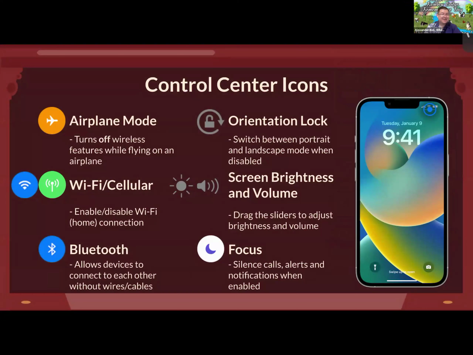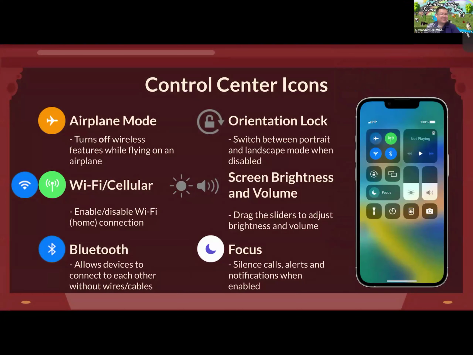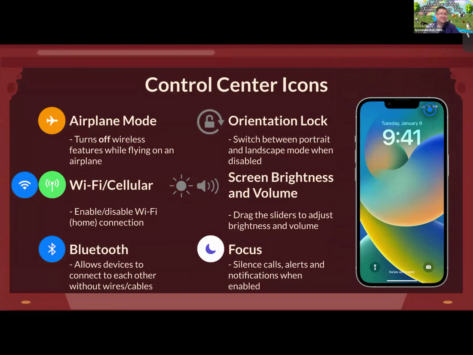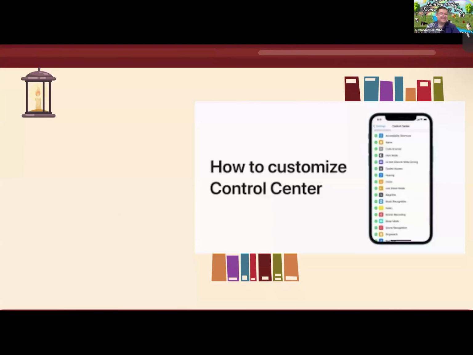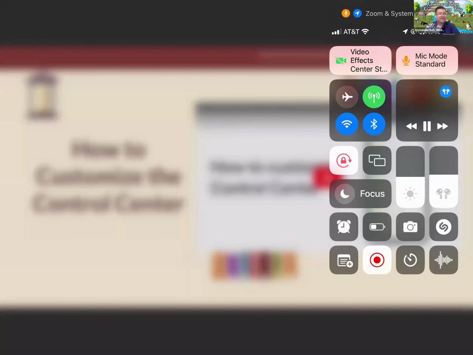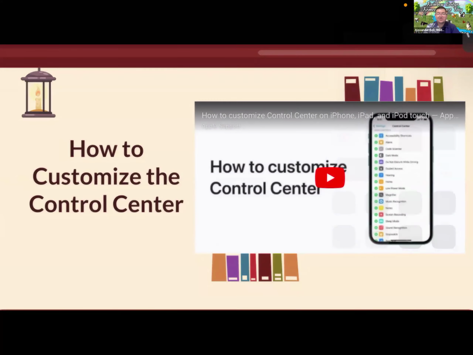There's some other ones as well that we can talk about next time, but these are some of the main icons you can use in your control center: airplane mode, Wi-Fi, cellular, Bluetooth, orientation lock, brightness and volume, and focus, okay? If you notice below all of those different options, you have these different icons here at the bottom. One looks like a clock, the next one looks like a battery, this one's the camera, etc. So these are different shortcuts. So I'll show you how to add those shortcuts onto your